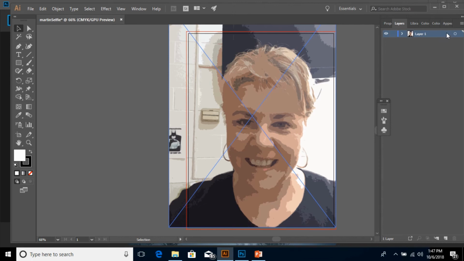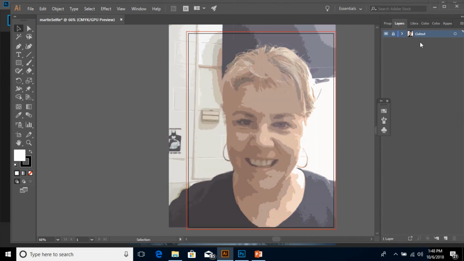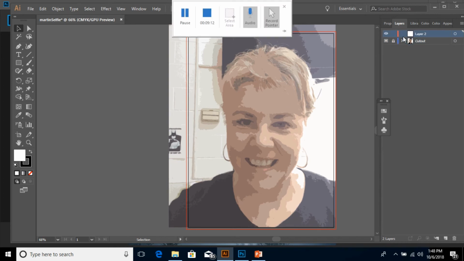So I'm going to double click here at the end of the word layer 1, but not in the circle. Double click, and I want to click template. And let's just leave it, well, it might dim too much. Let's do 75 again, like we did before. So it dims it just a little bit. You might even want to call this cutout, just so you know what it is. It's the cutout template. All right, so now we have dimmed this, and you're ready to start drawing on the